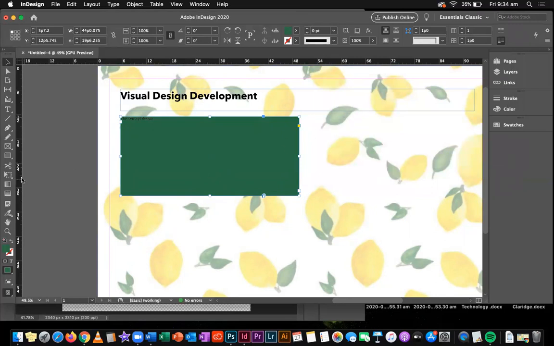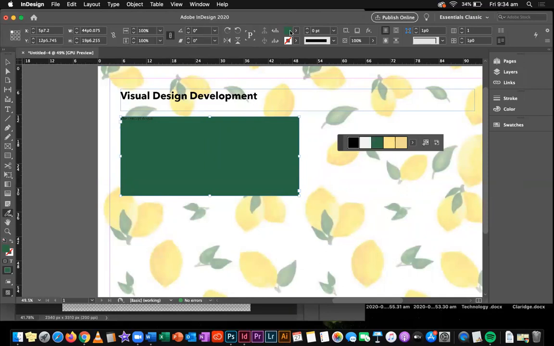So my other option is to come over here and get my eyedropper tool. So this color theme tool is really cool because it will suggest to me all of the colors that suit my theme. So if I click that and then I click anywhere in here in my image, and I know I want a greeny color, it's automatically suggesting all the colors that would work for this color scheme. So I have to click this plus, and that will add the color scheme for me to be able to